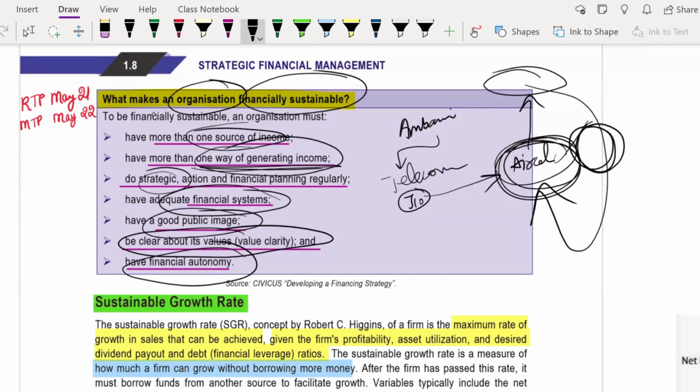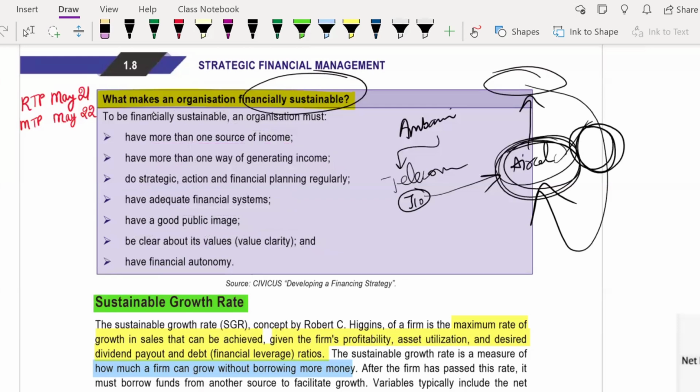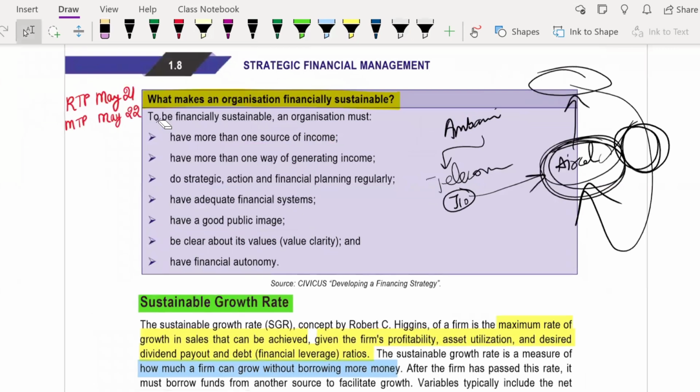Okay, so this answer you can easily remember by an example. I'll give you one more example which is not relevant to business, but it is one way of remembering this answer. Suppose there is a girl going to see a groom for herself, a prospective person she could marry. What are all the criteria she is going to have in mind to select that person? First, he should have more than one source of income,